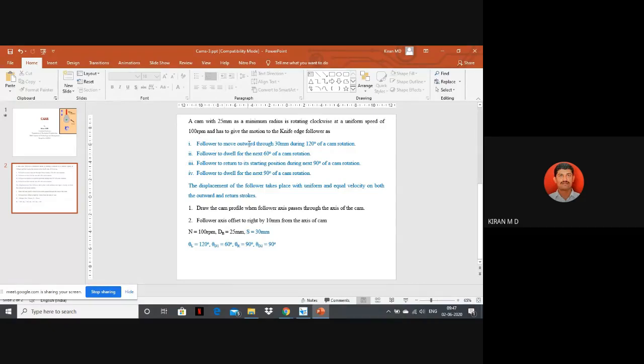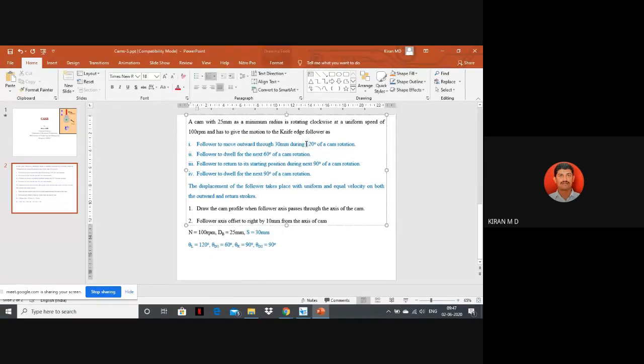First is the outward stroke, which is 30 mm, and the outward angle is 120 degrees. Then there is a dwell for 60 degrees, the return stroke is for 90 degrees, and the second dwell is again 90 degrees. Both the outward and return strokes have uniform and equal velocity. By considering these conditions, we need to draw the cam profile when the follower axis